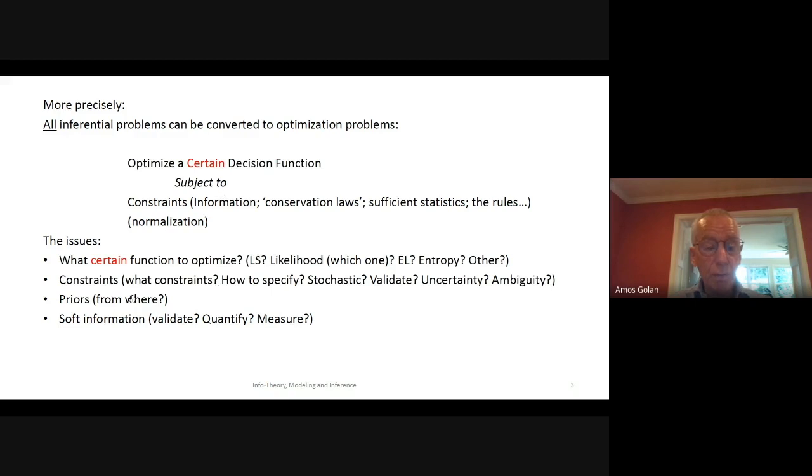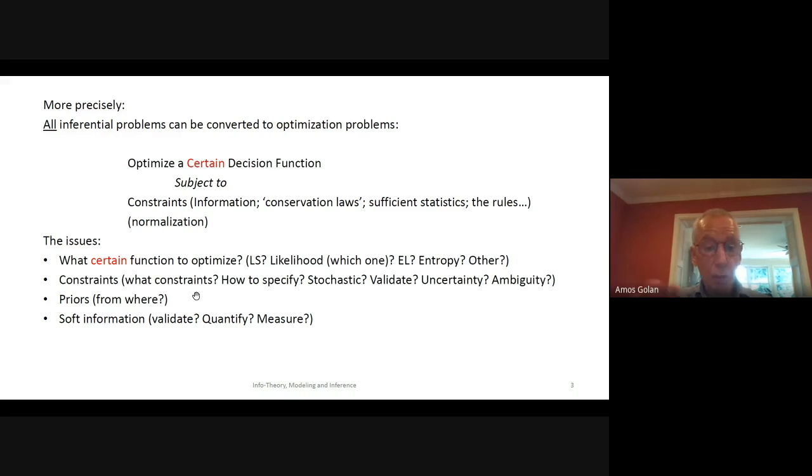Often we also have priors, which is something that I will ignore in this talk. We just don't have enough time, but priors are something that come from outside the system, either from some logical or theoretical arguments from outside the system, or it could come from another system, from another data set. You can think about it as characteristics of all of the entities in the population that we try to understand or to model.